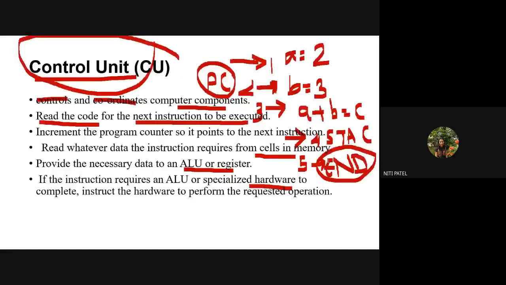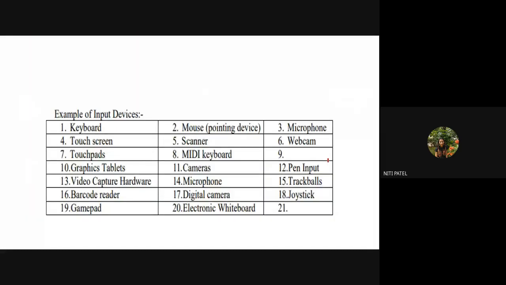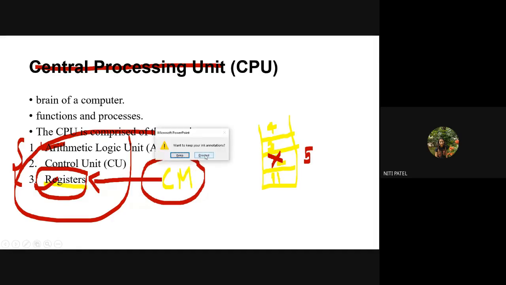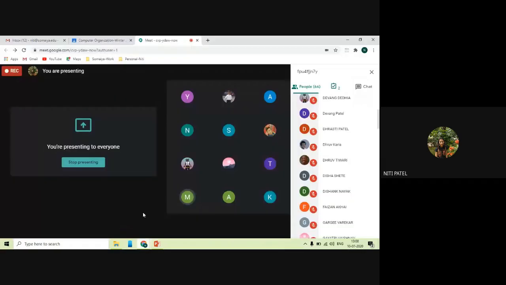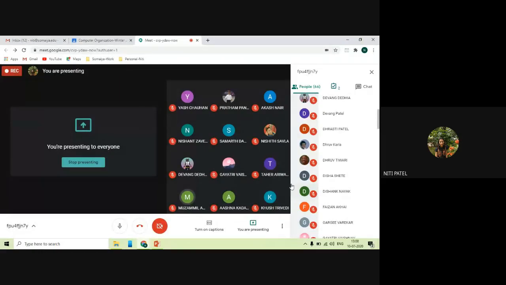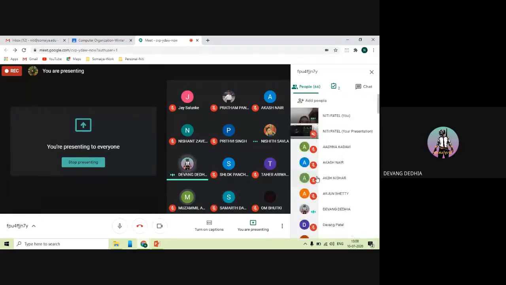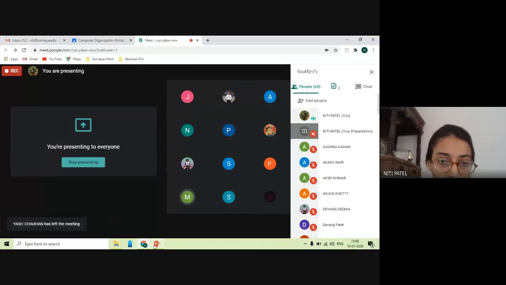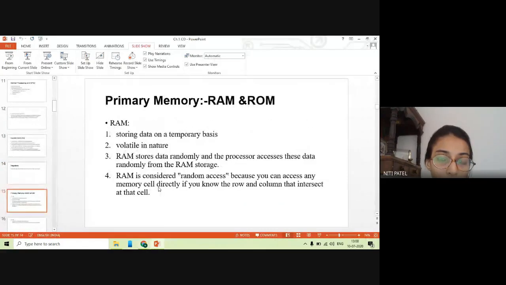Okay. So is this understood up till here? What are input devices? What is your CPU? What are the parts of your CPU? How does each and every part function? Is this clear up till here? Everyone? Yes, ma'am. Any doubts up till here? No, ma'am. Okay. So we'll stop here and we'll be starting with the next topic, that is memories, from the